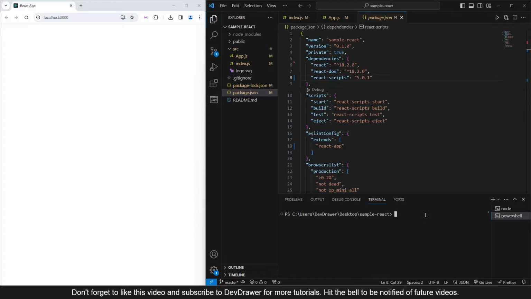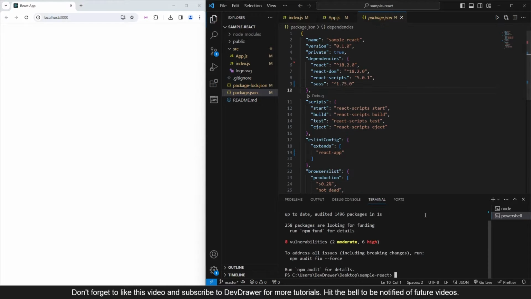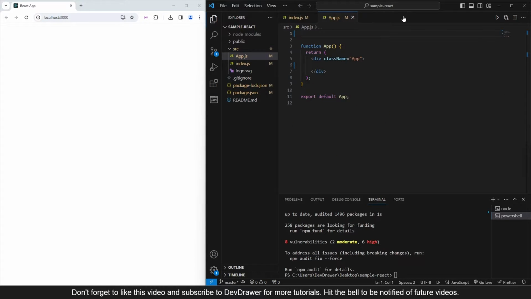Okay, so let's go ahead and start installing some things. So we got npm install sass. And while I'm doing it, you can see that it's been added to our package.json here. So we don't necessarily need that open anymore. Let's go into our app.js and